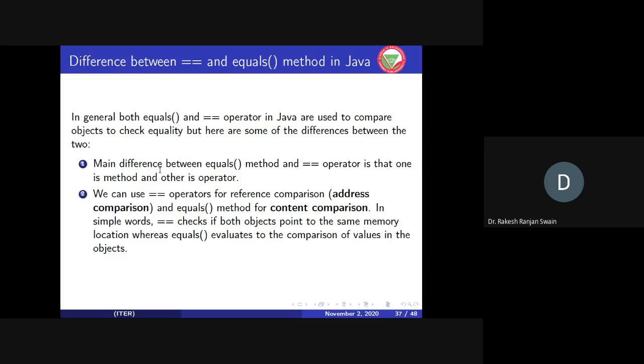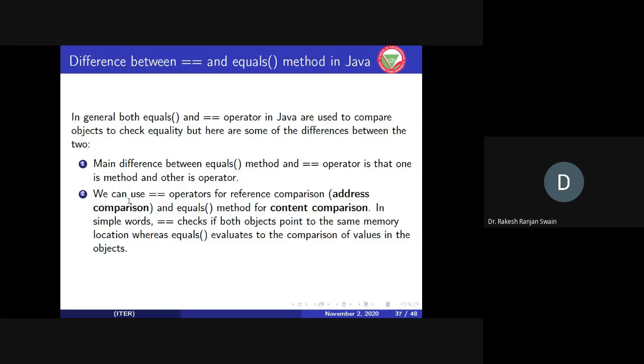The main difference between the equals method and the double equal to operator is that one is a method and the other is an operator. Equals is a method and double equal to is an operator.